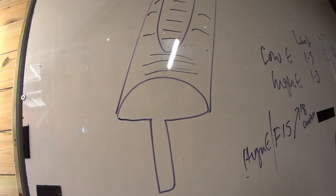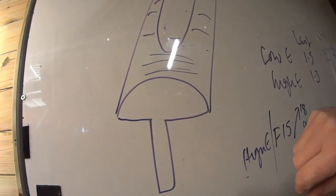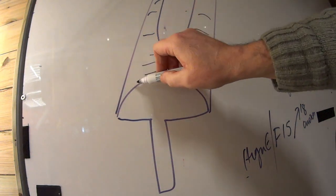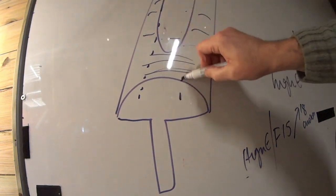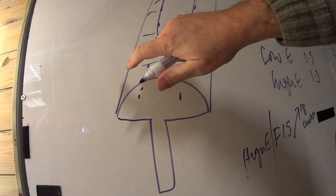Sometimes you can even see the grain or the marks, or in this case it looks like you can see the marker pen that was used to mark the frets up. I doubt that's the case, but it's a bit of a telltale. So that's the flattened bit from previous fret levelling. And actually what's happened is it was probably flatter before, more like that, and then somebody's used a fret levelling file, a concave file,